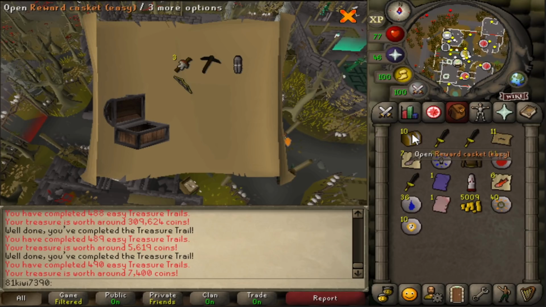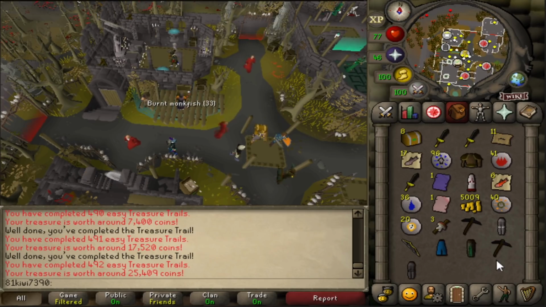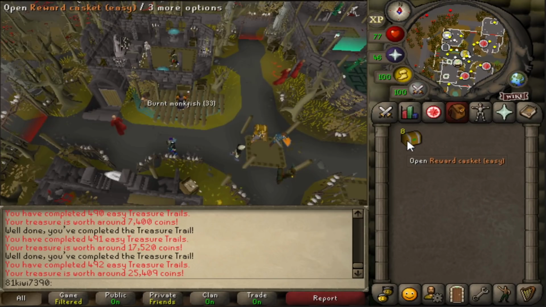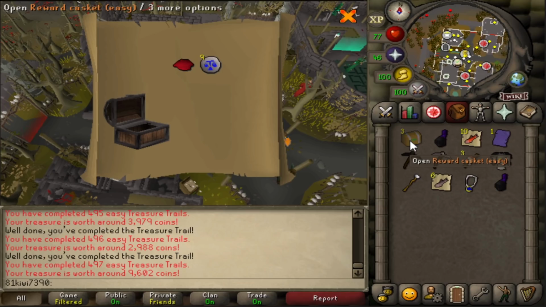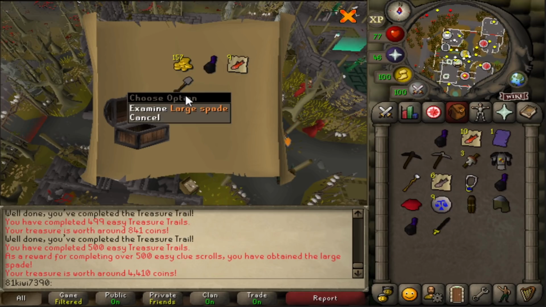Even though it was a little bit more time consuming, all of these rewards just mean so much more on an account where GP is relevant. That's actually an item. So I'm very happy to get it done. Let's get these last 8 out of the way here. I've had like 5 red berets this opening, I swear, dude. Alright, the very last easy casket, and it gives us the large spade, which is the reward for completing 500